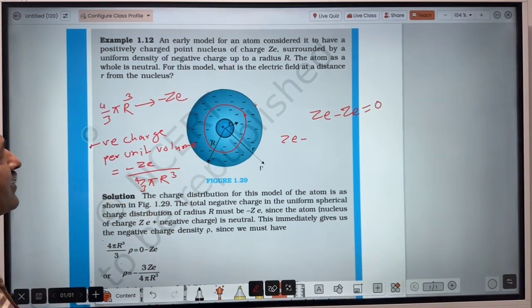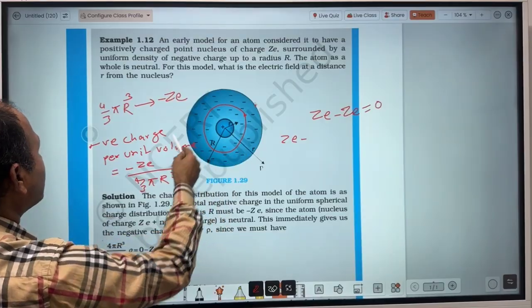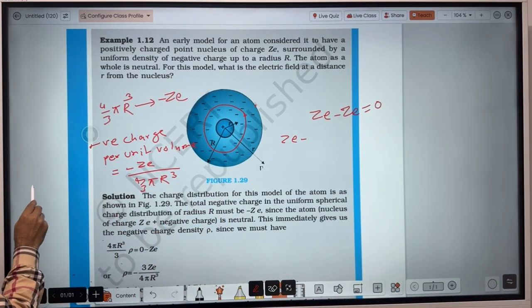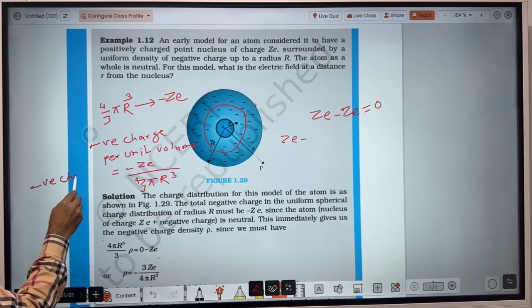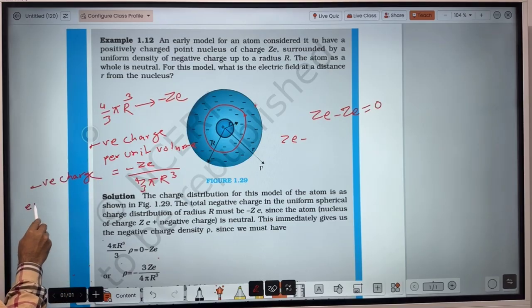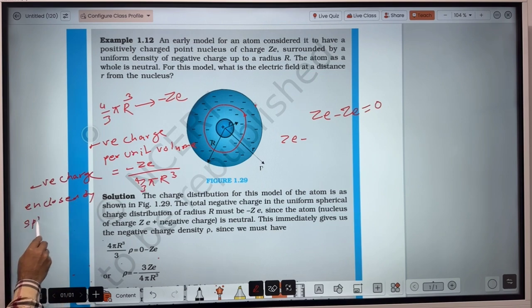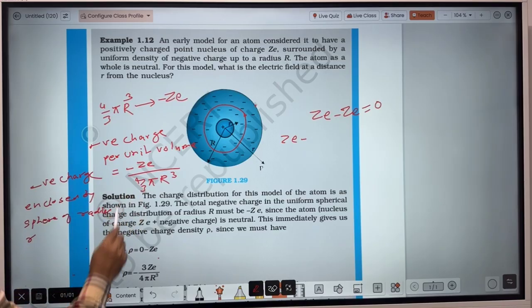Now here you are considering a small sphere of radius small r. In that case the negative charge enclosed by a sphere of radius small r will be,